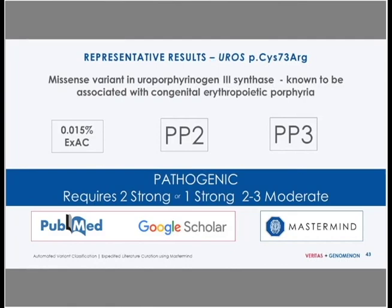In this situation, as in the mainstay of the variants that are curated, literature consultation and identification of empirical evidence from the medical literature is required to do diligence to the variant classification. In particular, 2 strong or 1 strong and 2 to 3 moderate additional lines of evidence are required. And so that's where the Veritas and others have previously relied on PubMed and Google Scholar, and increasingly labs, including